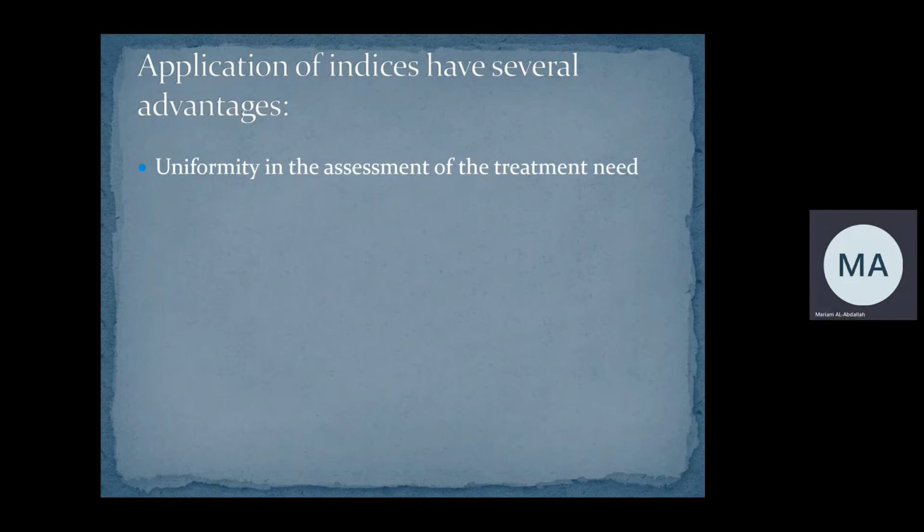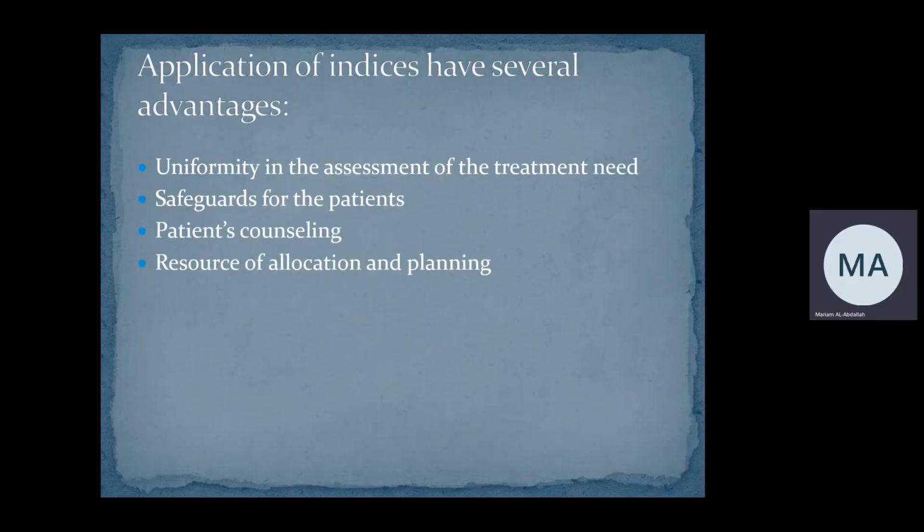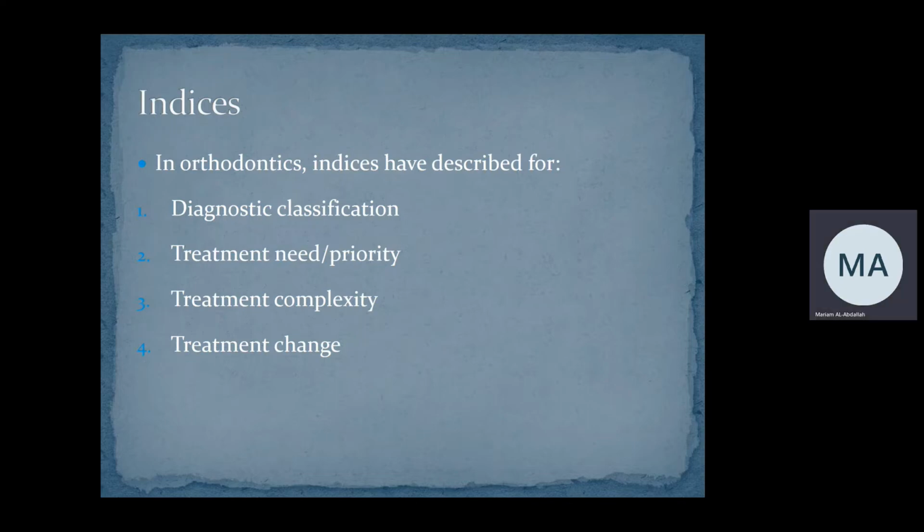Now, the advantages of using the classification systems and the indices is to have uniformity in the assessment of treatment need. Safeguard for the patients, of course, so that we don't undertreat or overtreat. Patient counseling, if we want to communicate with the patients, it's easier to have a certain system of classification. Resource allocation and planning, for example if you have funding. Monitoring and promoting treatment standards. In orthodontics,